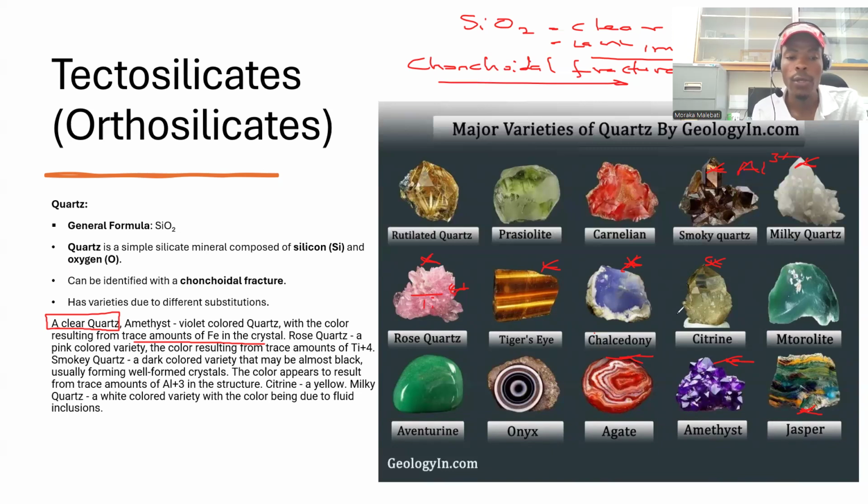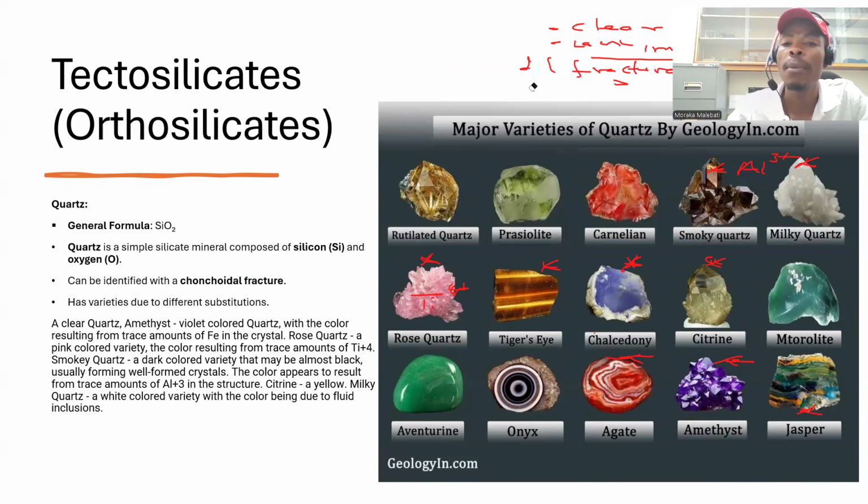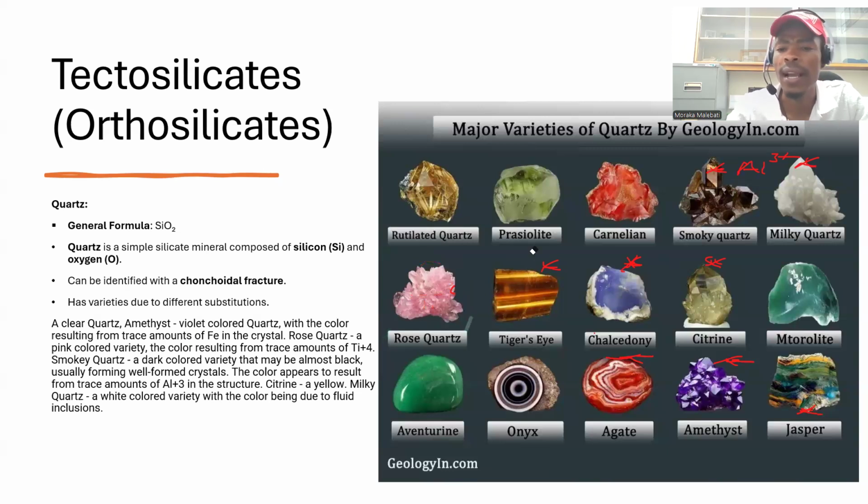And then you can also have a milk quartz. It will have the milk appearance. Or it will have this waxy kind of vibe, but chalcedony is the one which is waxy. Sorry. The milky quartz will have a milk appearance. Basically, that is that. So quartz is usually clear because of lack of impurities, but immediately you have trace amounts of aluminum, titanium, and other elements like iron, then you'd have different varieties of quartz. And then tiger's eye is the simplest one,